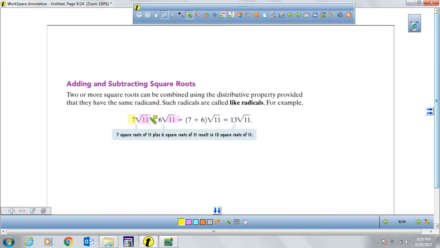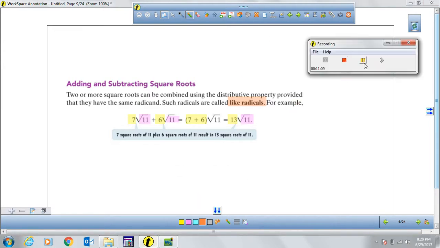7 square root of 11 plus 6 square root of 11, we just combine the coefficients, 7 plus 6, that's 13 square root of 11. So the radical is going to stay the same. You're going to combine them as if they were like terms, but in this case, we call them like radicals. That's how addition and subtraction is performed. Okay, so now let's go ahead and